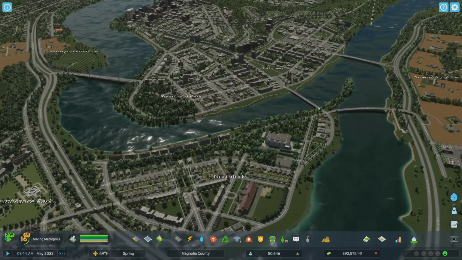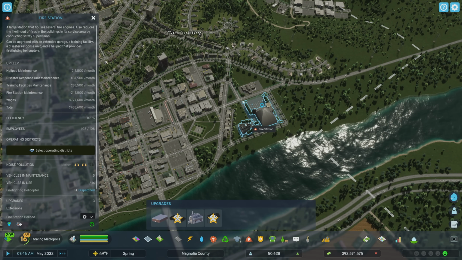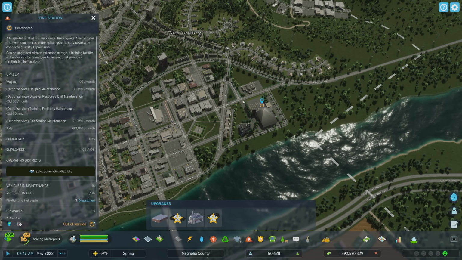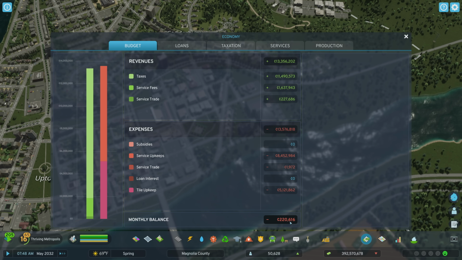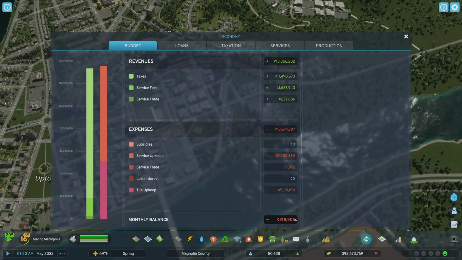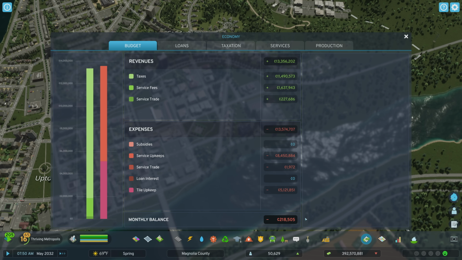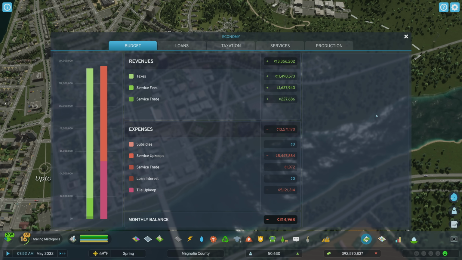Knowing that fire spreading is not as big of a trouble in this version of the game, I would probably disable this building. This fire station costs about $1 million per month in upkeep, and disabling it will considerably close that gap for us. And bluntly, I think that our city will be fine without it. And by slightly raising taxes and disabling other city services, I think that we could have our budget balanced in